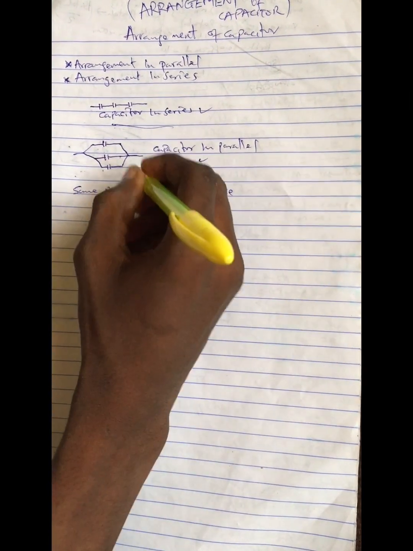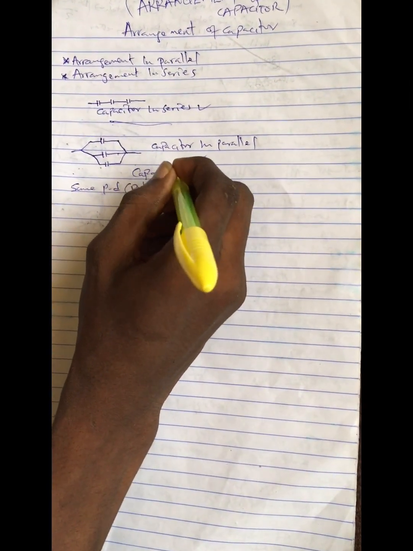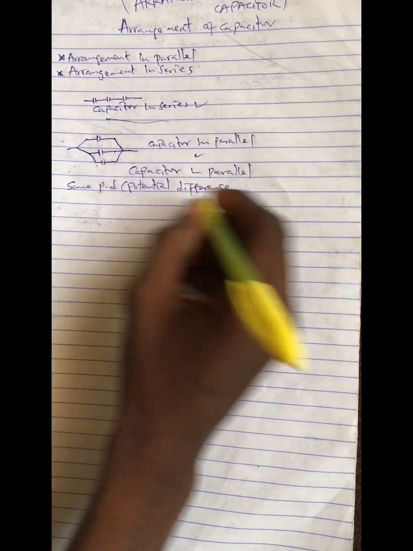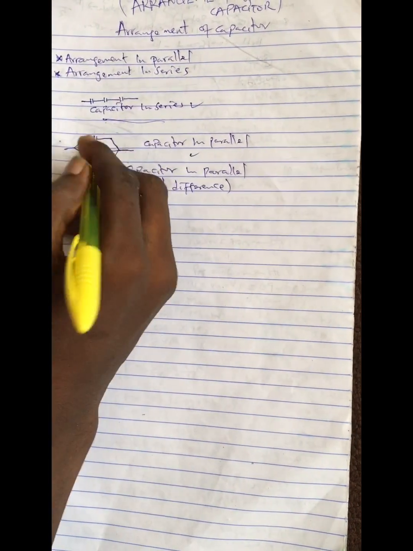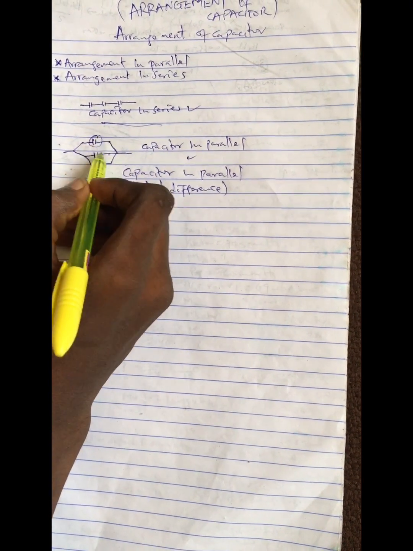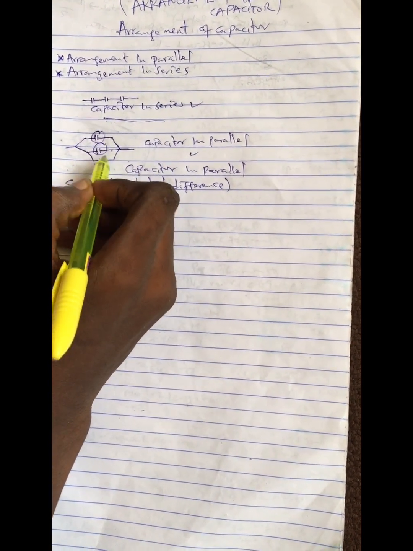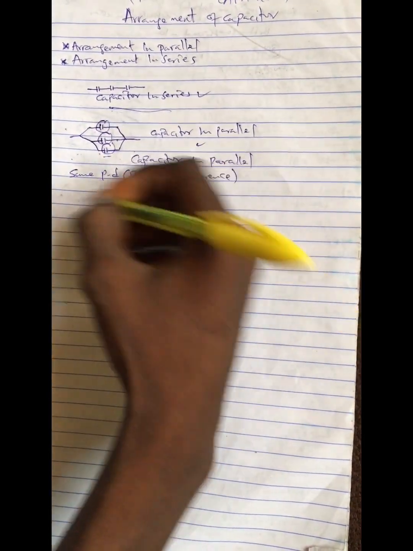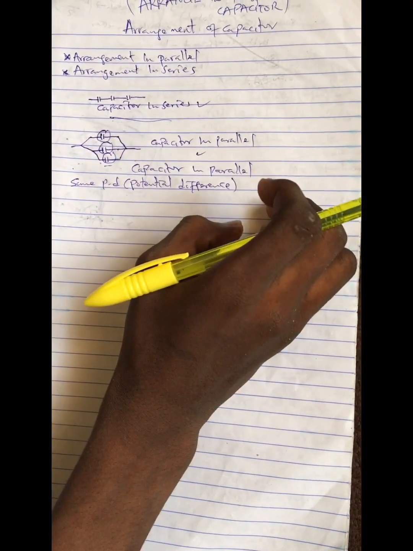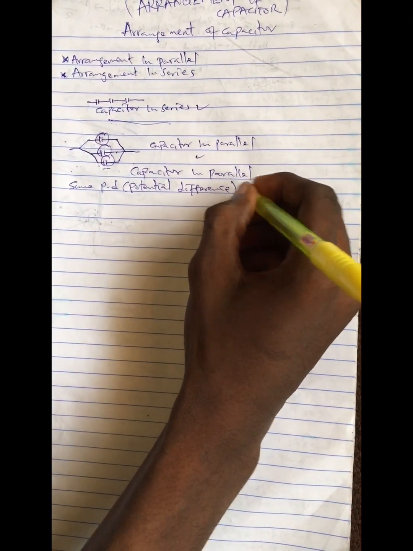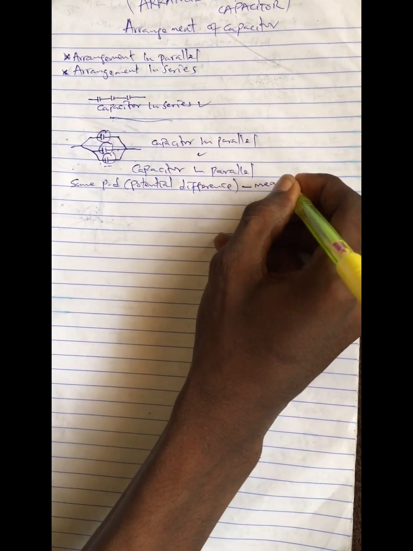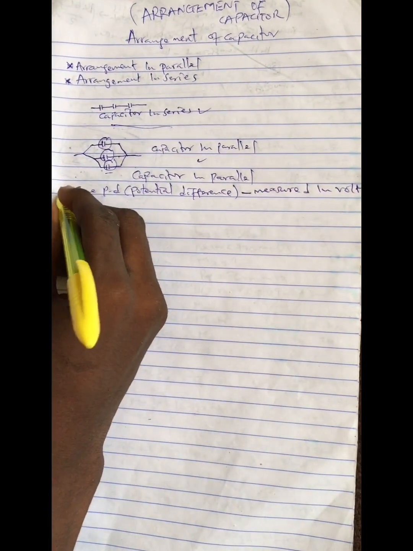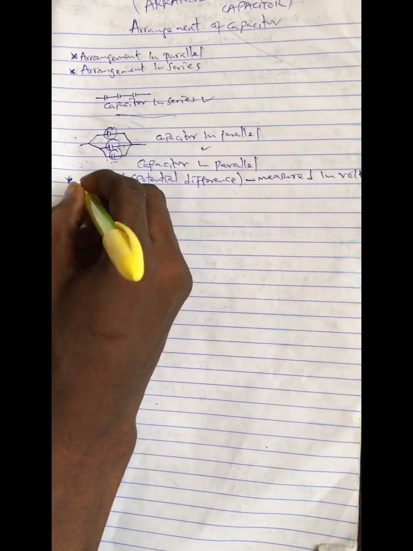Capacitors in parallel have the same potential difference all through. That is, the same potential difference in this one is also in this one, and it's also present in this one too. So they have the same potential difference, which is usually measured in volts. And they also have different charges,